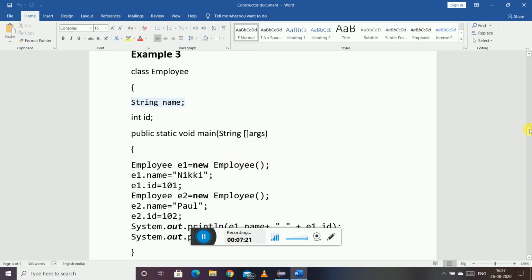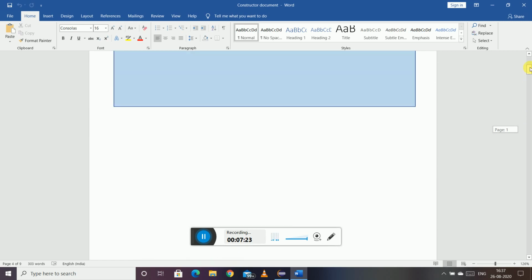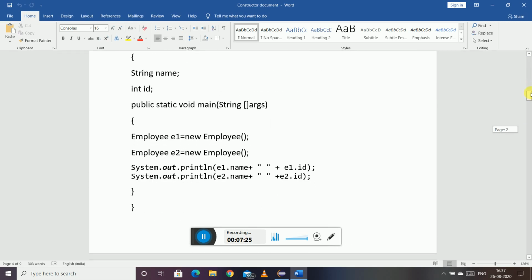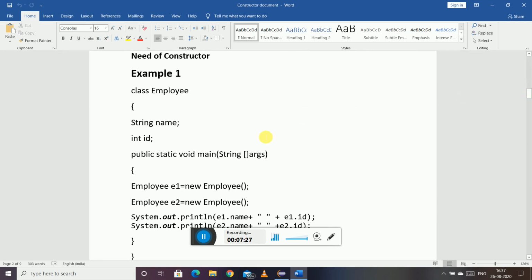Even in a simple program like the first example that we have seen, we have this constructor, and this is known as a default constructor. We will see the types of constructor, out of which the default constructor is one. The default constructor is initialized by the compiler.